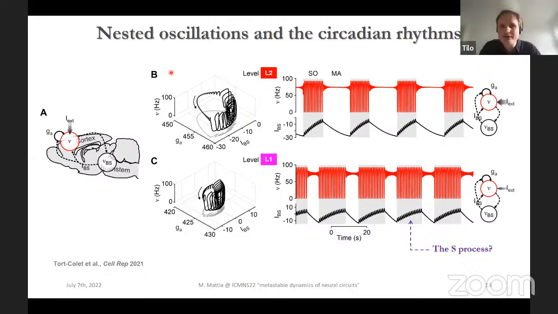Otherwise, I would like to know a little bit more about the model. So is this a rate model, or is it a network model of integrate-and-fire neurons? How do you add noise? Because sometimes I see some stochasticity in the traces. And I wonder whether this potential that you show is more for illustration, or whether you can indeed have a potential system.